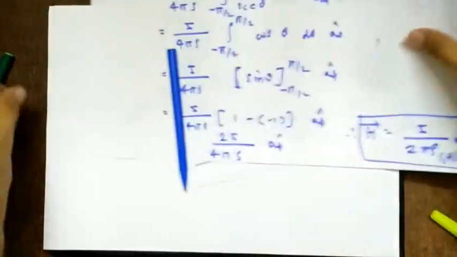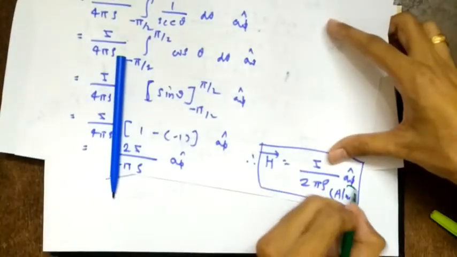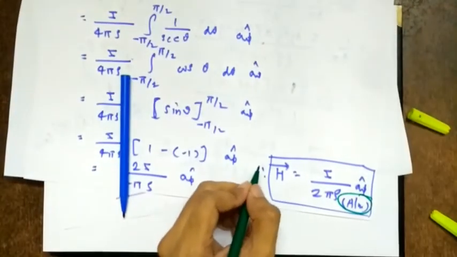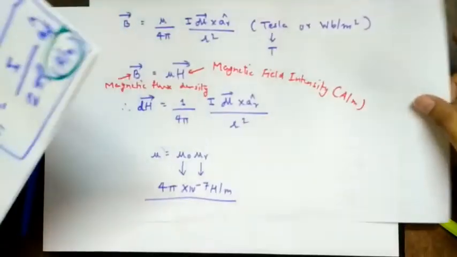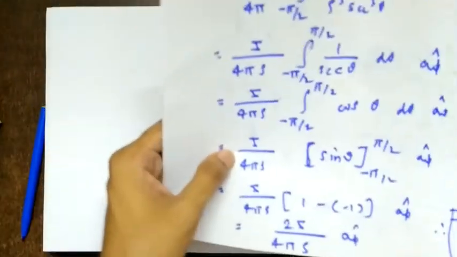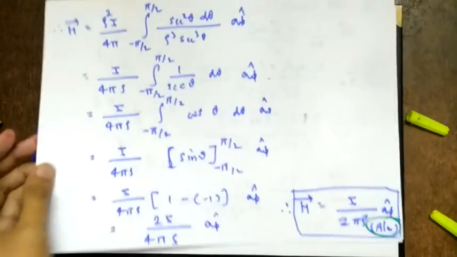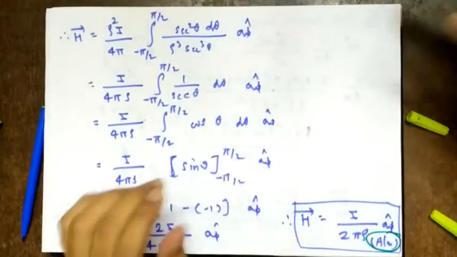Again, I am stressing the point, you have to write the unit. In derivations, if you don't write, no marks will be cut. But for numericals, you definitely have to write the unit, else you will lose marks. If you are aware, one project of NASA failed only because they forgot to convert units from nanoseconds to seconds. Because of that, their satellite launch failed and they had a loss of crores of rupees. This is the actual fact. You can Google it if you want. So make sure you write the units and solve this derivation.